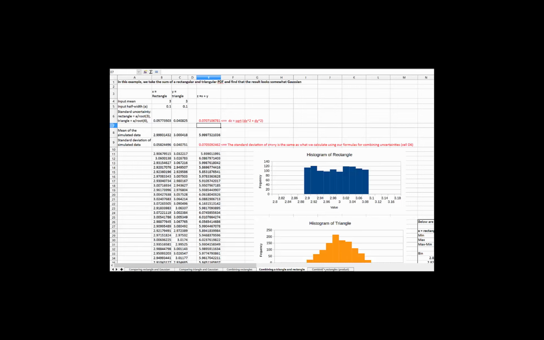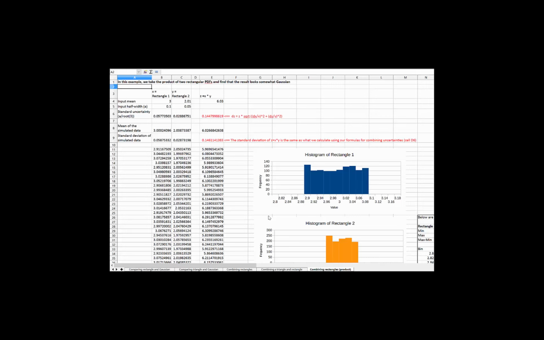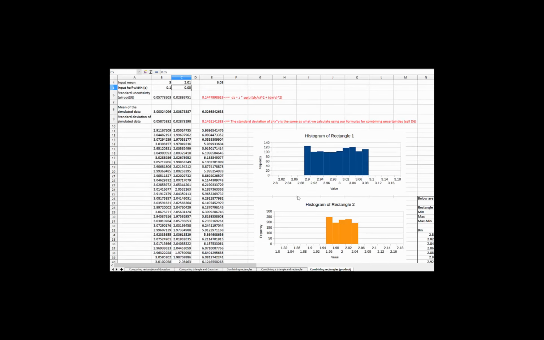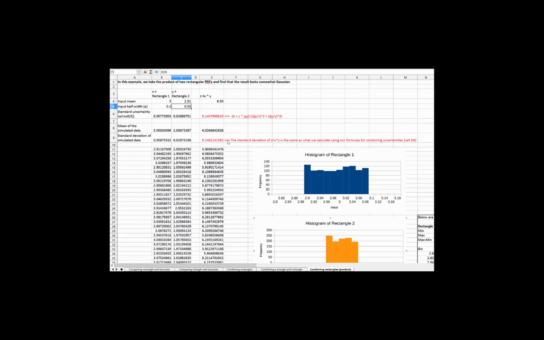The final one, just to look at a different type of function, is actually doing a product. So I've got a rectangle with input mean of 3, half width of 0.1, that's this one. I've got another rectangle with input mean of 2 and half width of 0.05, that's this one. And I'm going to take the product of those two, so I simulate a whole bunch of data for both of those. And what comes out the other end is z equal to x times y, and it's